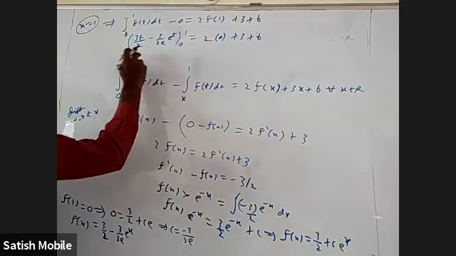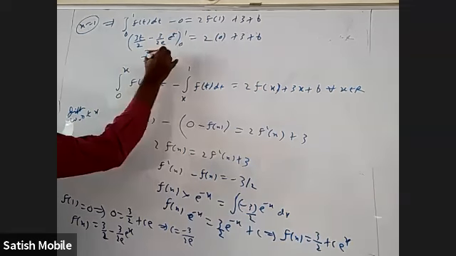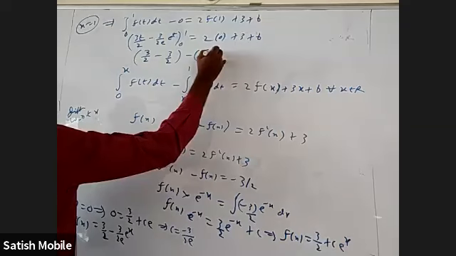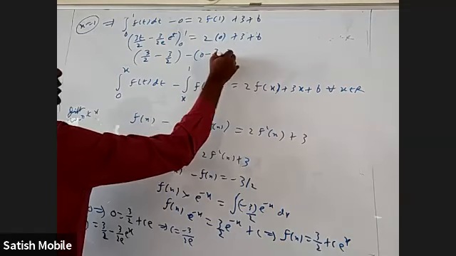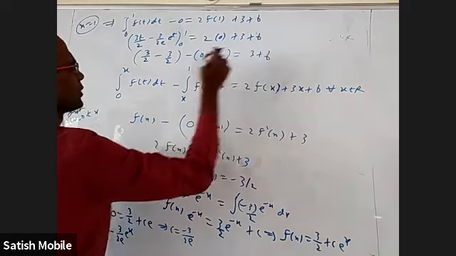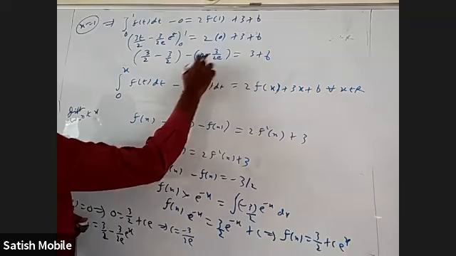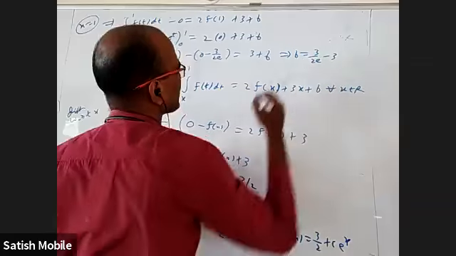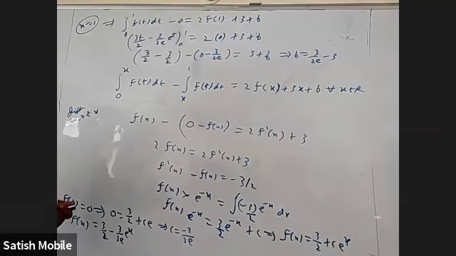What is this giving me? When I put 1, it is 3 by 2 minus 3 by 2. When I put 0, it is 0 minus 3 by 2e, which is equal to 3 plus b. This is 0 gone. When I bring this side, I am getting b equal to 3 by 2e minus 3. Is this there, one of the options? Yes, it is there. Is it correct? Yes.